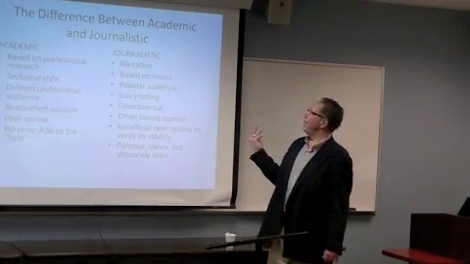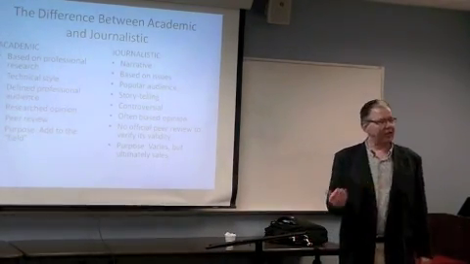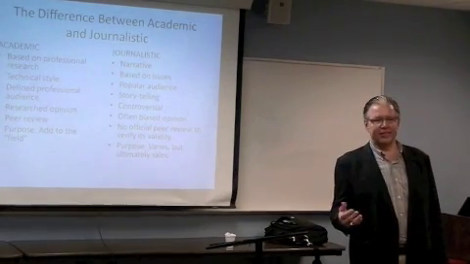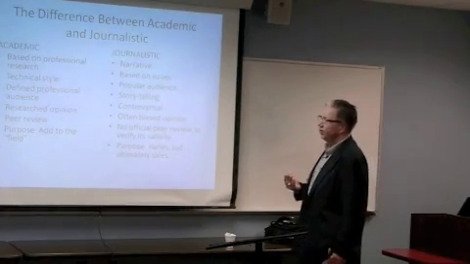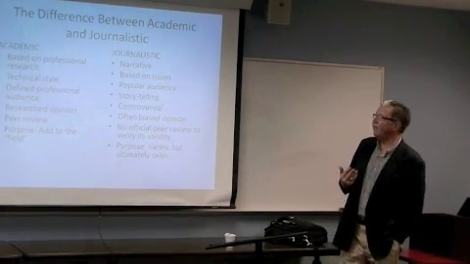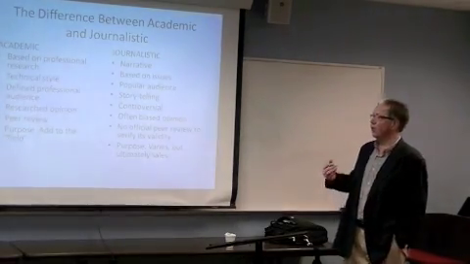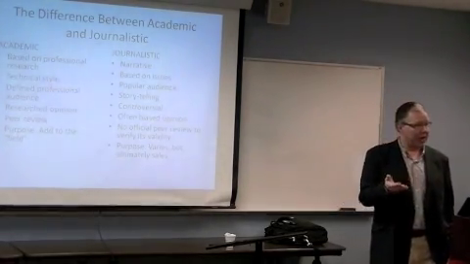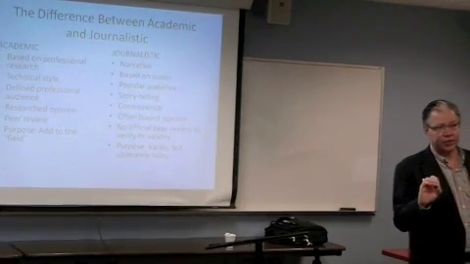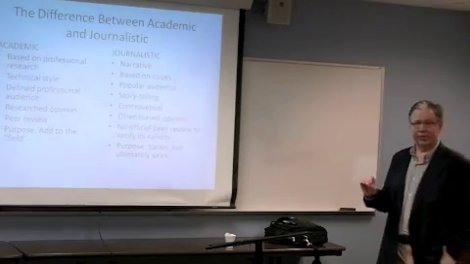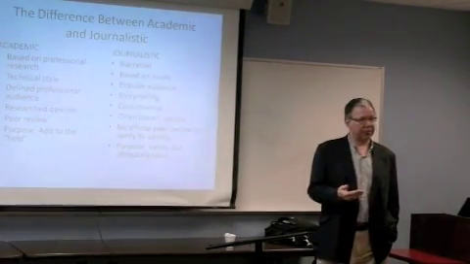What's the difference between being academic and journalistic? You hear academic journal, well that's a journal, right? But when we say academic, it means professional research with a technical style, a defined professional audience, topics and research. It has peer review, which means other professionals in the field have looked at this and said, this is good, which is critical: anonymous peer review. And it adds to the field; it has its purpose.